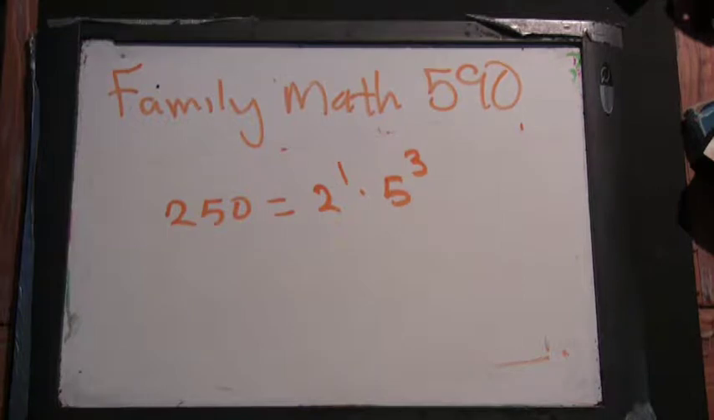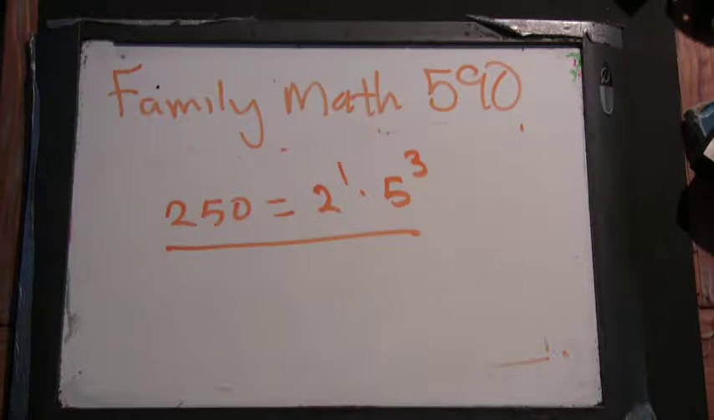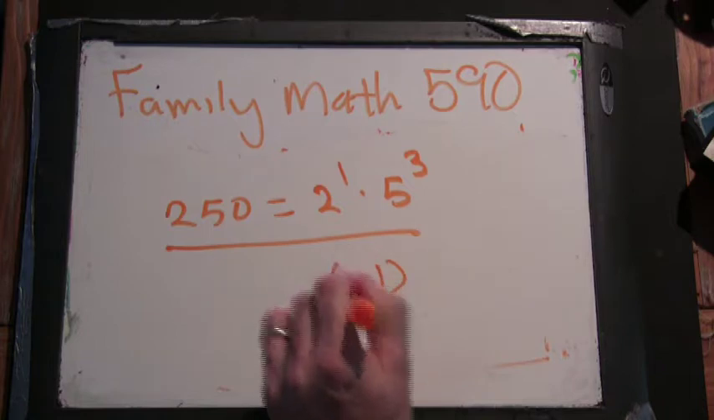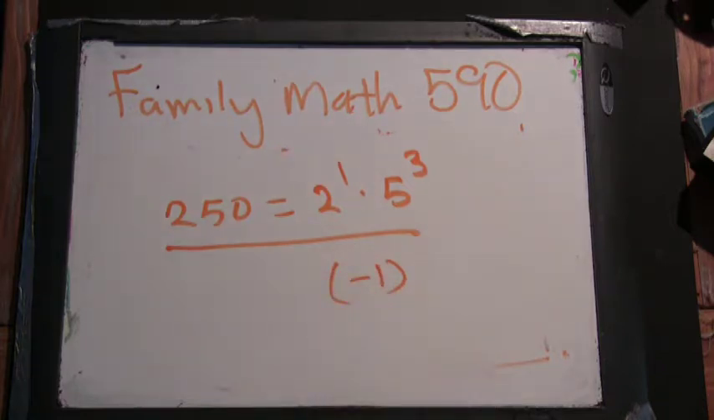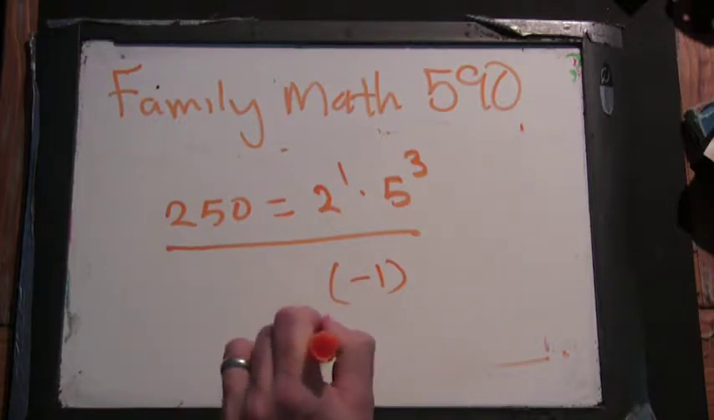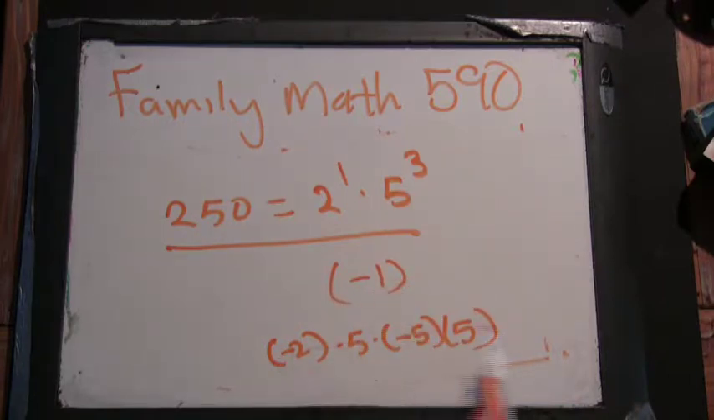Okay. And what's special about this factorization? Well, you can't use any other positive integers to make 250. That's right. Other than the fact that you can multiply by -1 a couple of times, you could say this is -2 times 5 times -5 times 5. So other than sprinkling in some -1s, and you would always need an even number of -1s, this is